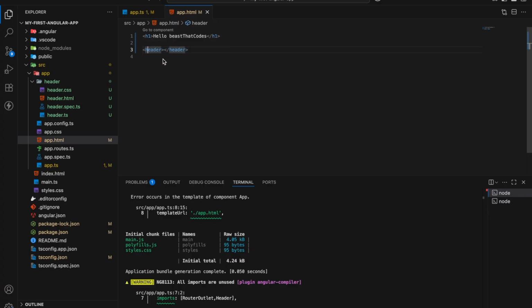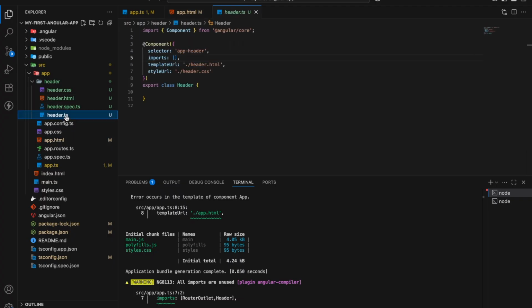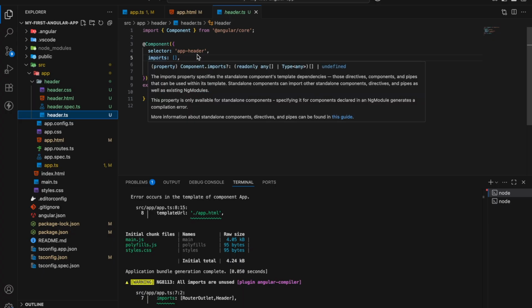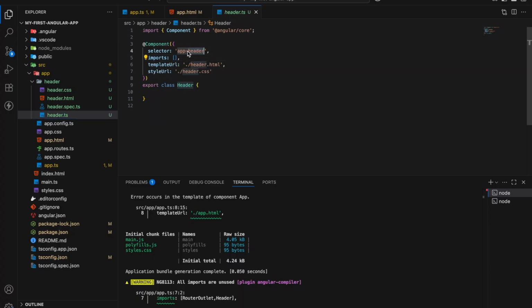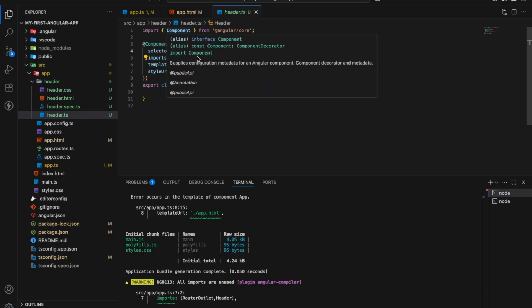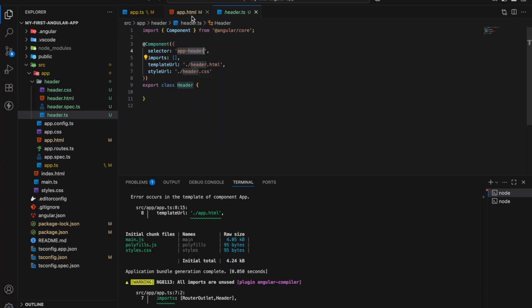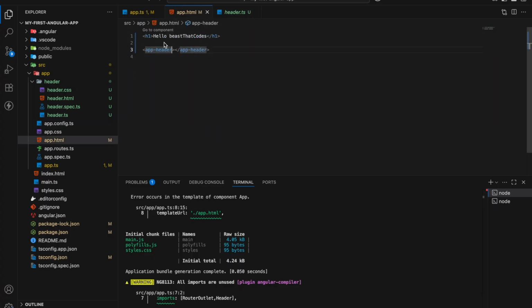So here we need to give app-header, right? Why am I giving this app-header? Because in this particular HTML, whatever component we have created, which is a header component, the selector for this component is app-header. So if I want to show this header component on this particular HTML, app.html, then I need to